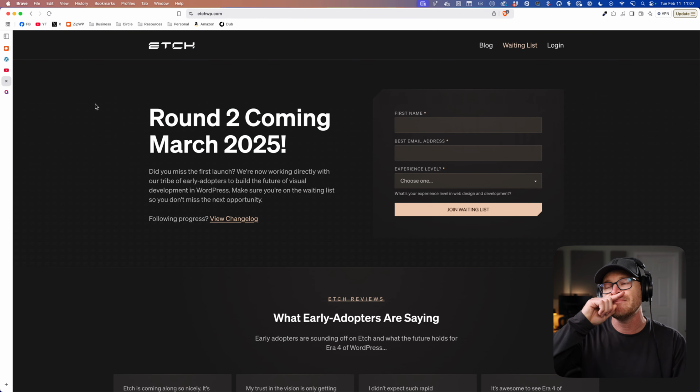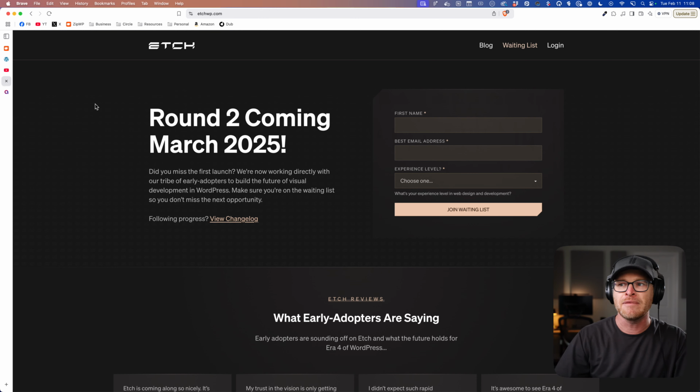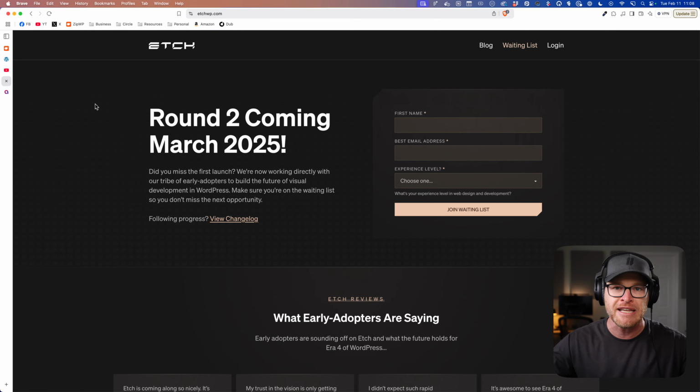Next, Etch. Etch is gonna be launching again March 2025. And I had a long thread essentially explaining this and announcing it, but we don't have to get into all the details, just know. As we get closer, March, April, May, somewhere in there, I'm aiming to be able to start shifting all of my content from Bricks to Etch. When I do tutorials, they will be done in Etch. When I teach, that'll be done in Etch. When I demo, that'll be done in Etch, okay?